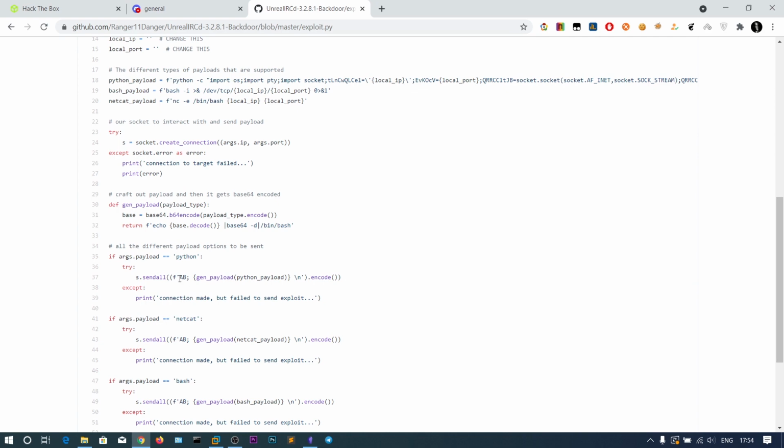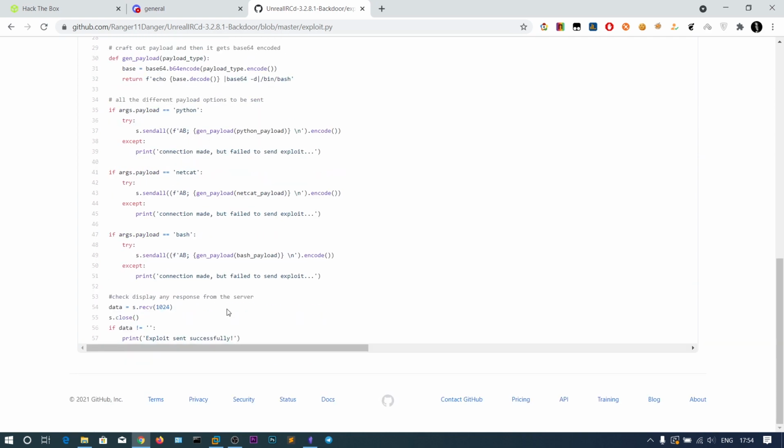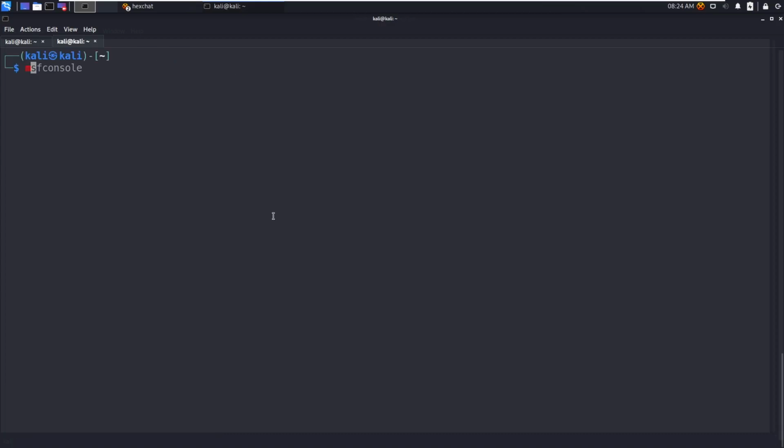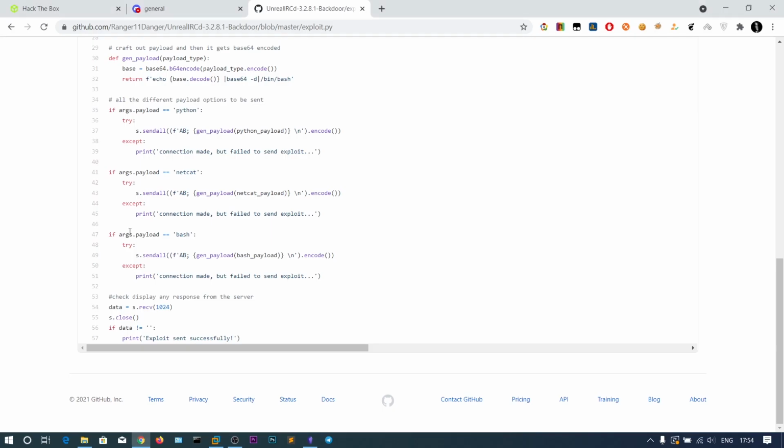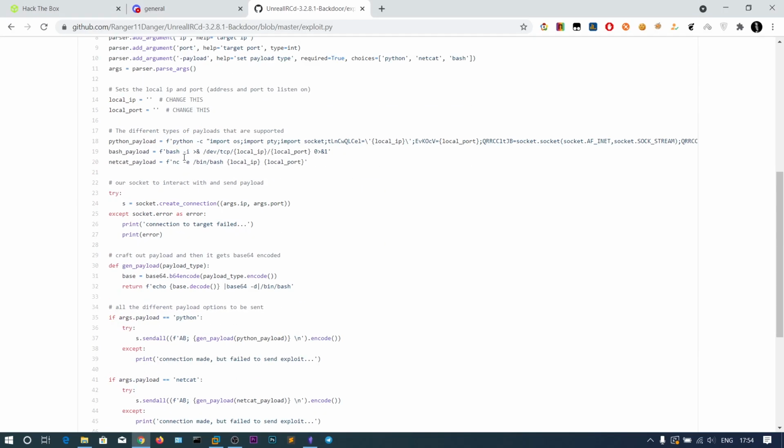It's doing a similar thing to what Metasploit does. For now I'm using Metasploit. You can simply change the code here, change the netcat payload here, and you can execute.